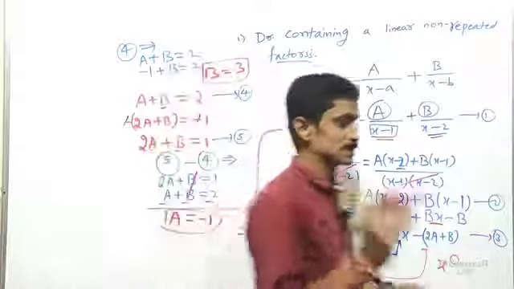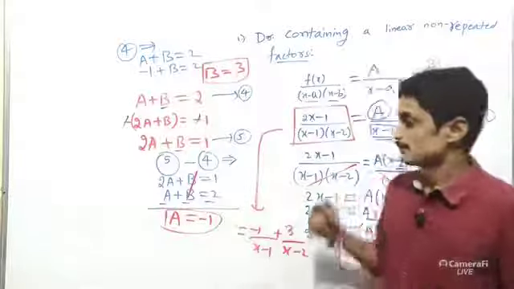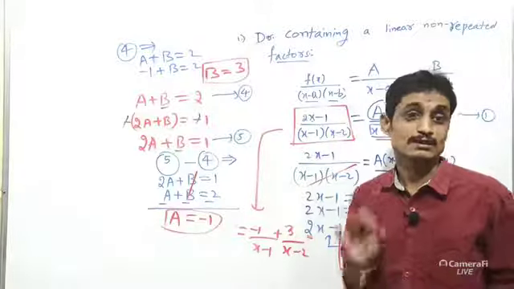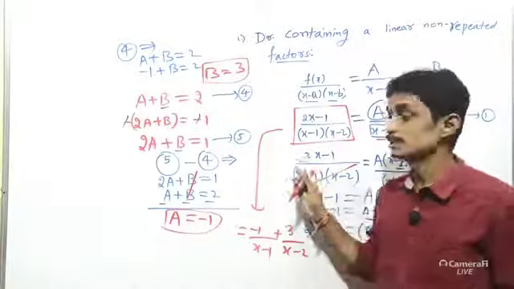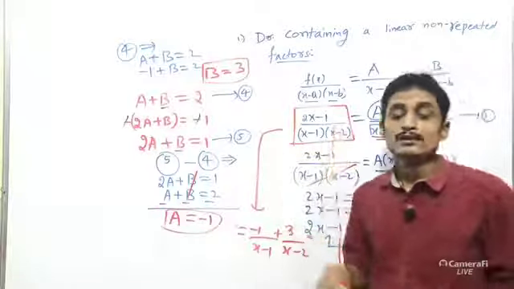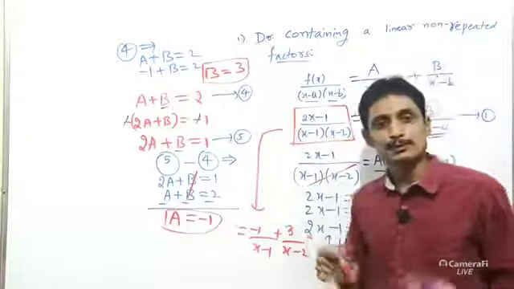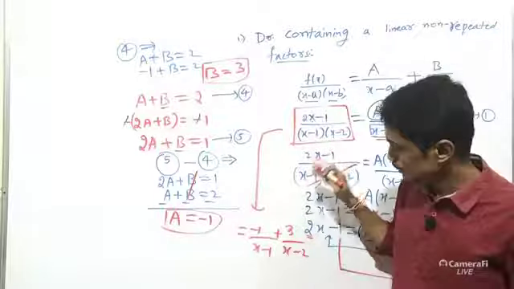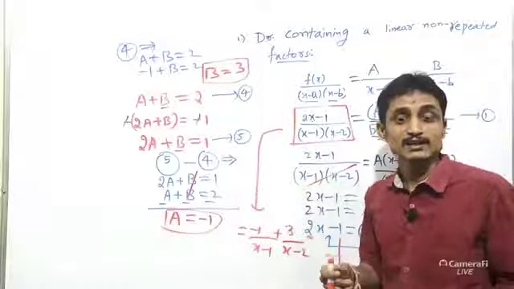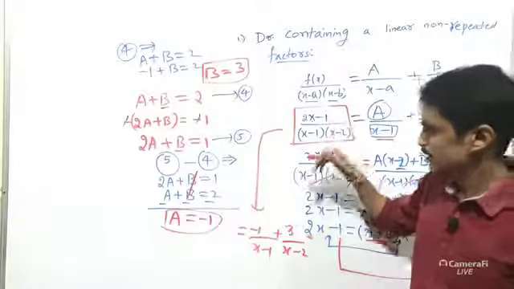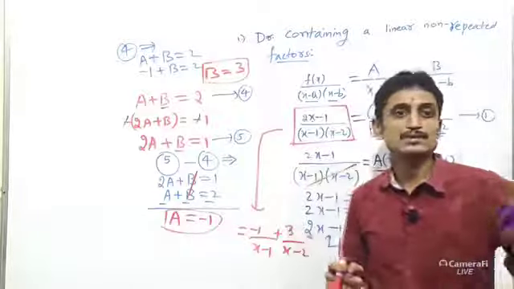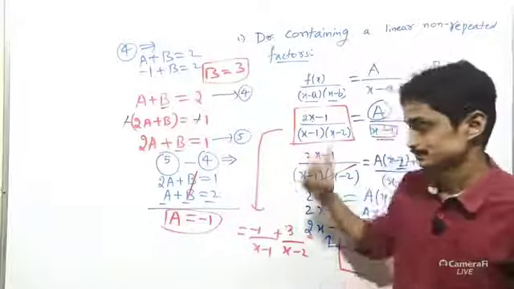I told 3 methods. Among those 3 methods, which one is easiest for you? Just follow that method. Keep in mind, the third method is the most standard method for non-factorizable quadratic polynomials. At this time, only this method will be applicable. In all kinds of problems, we can solve by this method. The remaining 2 methods will be applicable in some specific problems. Okay? Note it.